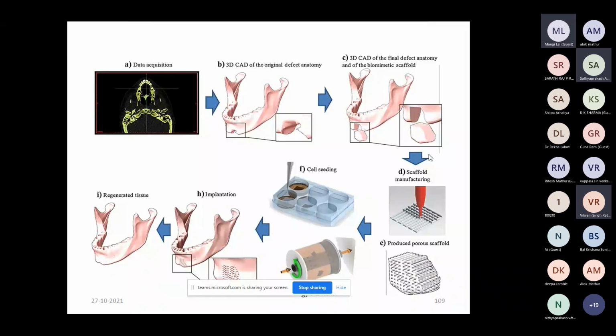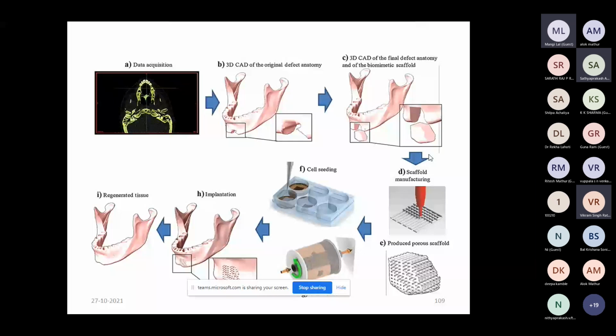First of all, we collect the data. Data means at which place the defect has happened. Okay. Now, after collecting the data, we have to generate the 3D CAD design of this original defect. Okay, so after the generation of this 3D CAD data, the final defect anatomy is generated, and a scaffold.